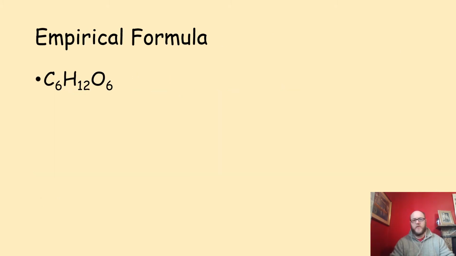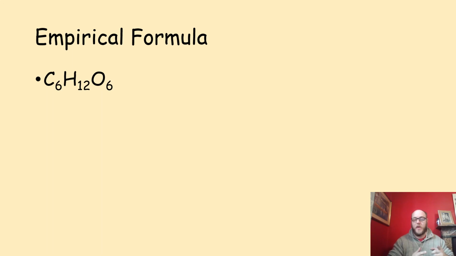Okay, we're going to move on to empirical formula. This is a molecule of glucose. It has 6 carbons, 12 hydrogens, and 6 oxygens, all in one pretty little molecule. Now, this is where I'm going to just show you the maths and how to work out the empirical formula before I tell you what it is. Because if I start trying to tell you what it is, you're going to get a little bit confused and try and work out, why do I want to do that? So just follow with me, and hopefully you'll see that if you suspend everything else, just this maths here,